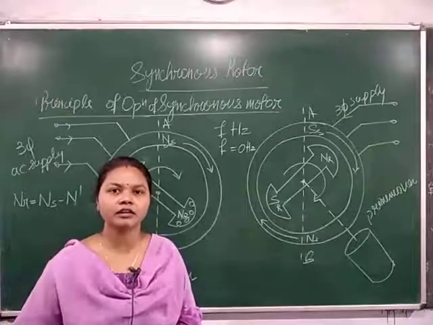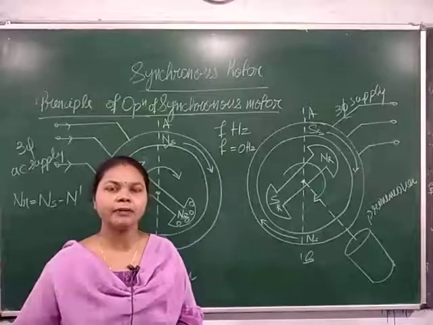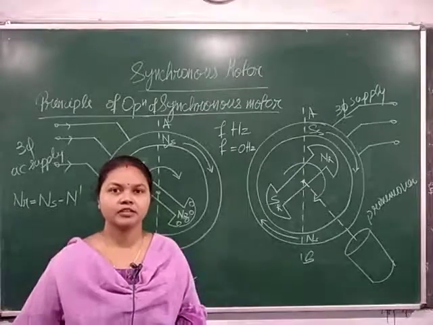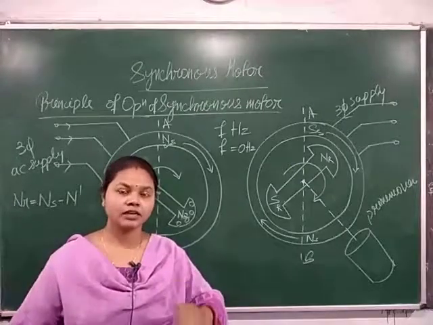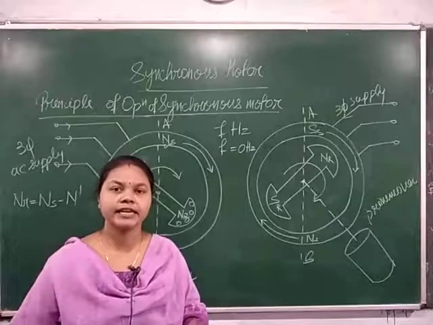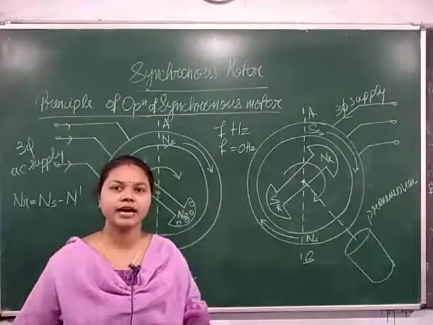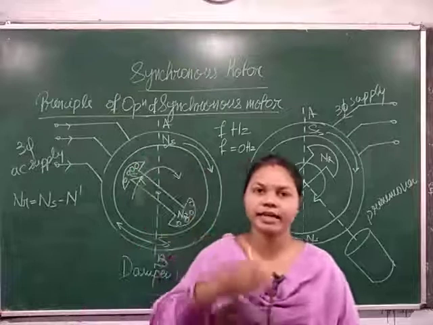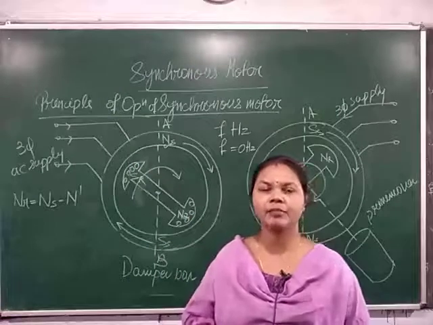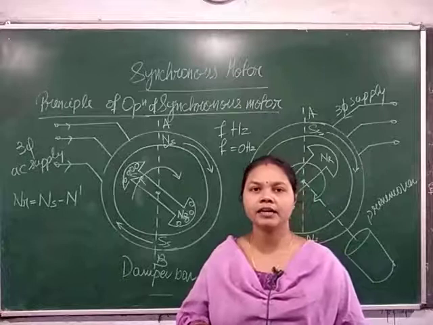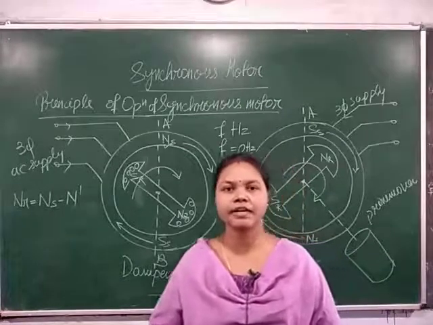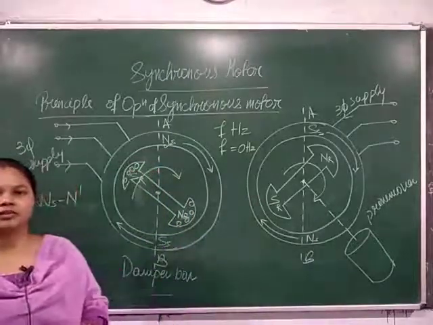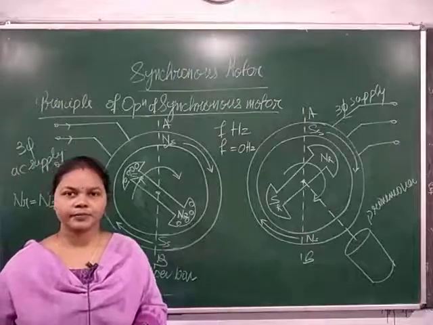When they are magnetically locked, as the damper windings are shorted, they do not cut the magnetic lines of flux, so it loses the induction motor characteristics. Now it acts as a synchronous motor and rotates by the magnetic locking of the rotor pole and stator pole. They rotate synchronously and are able to meet any mechanical load which operates at synchronous or constant speed. So in this way, students, the synchronous motor is started.